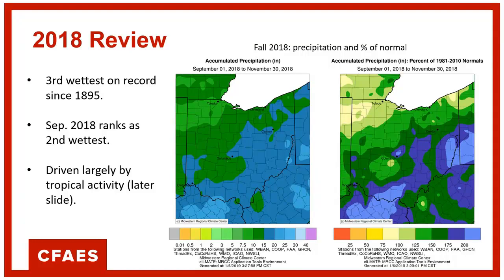But you can see some of these precipitation departures from normal are really large. So again, up around the northwestern corner of the state and the northeastern corner, this is pretty normal. But in the southeastern and extreme south of the state, we have precipitation departures of 200%. 200% of normal, twice what we normally receive. So that's pretty big. That's for fall of 2018.